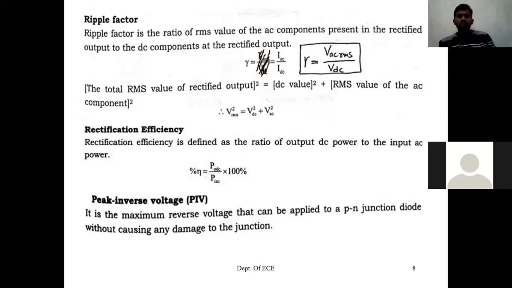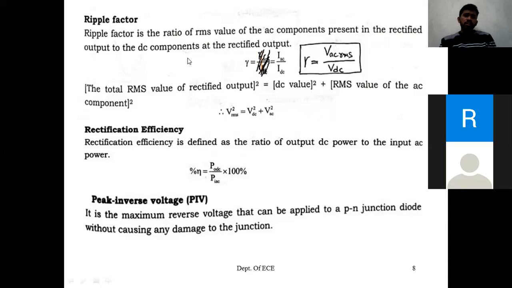In the same way, if your application is operating at a maximum reverse voltage of 30 volts, then you will select a 50 volt diode, which has 50 volts reverse breakdown voltage, that is more than enough for your application. So peak inverse voltage is used to decide which diode I need to select. In the diode selection process, peak inverse voltage will help you out. Now, in summary of this slide, ripple factor has to be as small as possible, rectification efficiency as high as possible. Peak inverse voltage will help you in selecting the diode needed for your application.